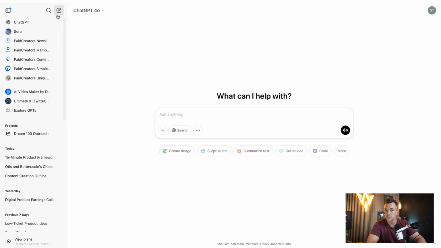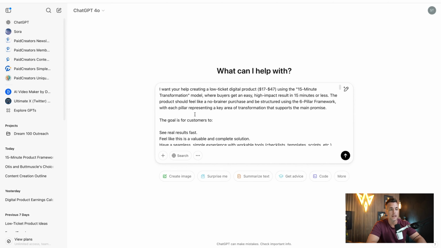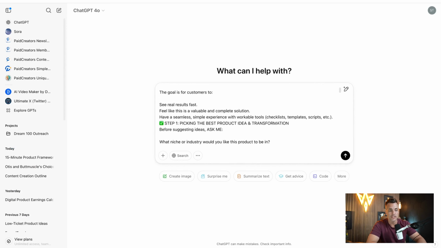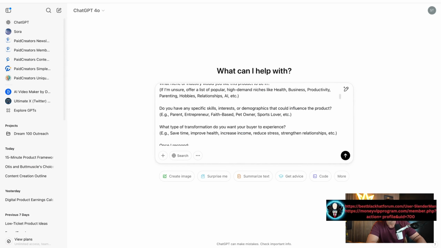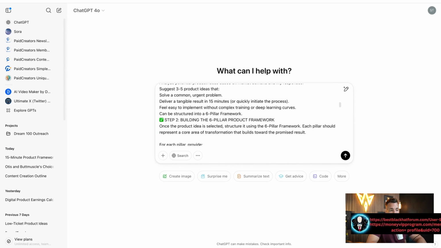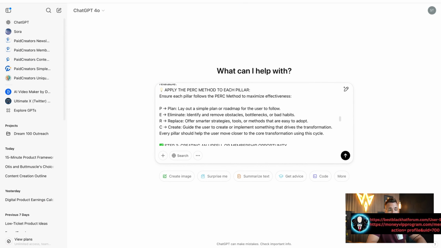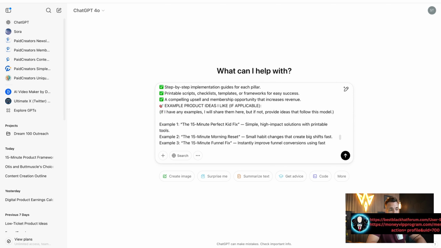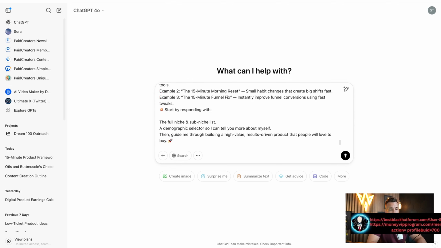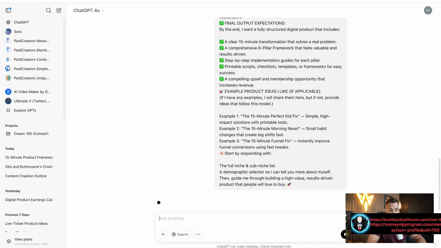So let's just assume you're using the free version of this. You want to get started ASAP. You are going to paste the prompt that I gave you in this members area by this module. You'll paste the entire thing in there. What it does is it fully tells it what we want, what our expectations are, what next steps to take, what information we're looking for, so on and so forth. So you can see I just pasted it in there. I'm going to hit return.